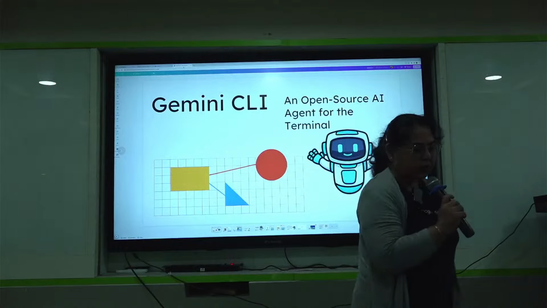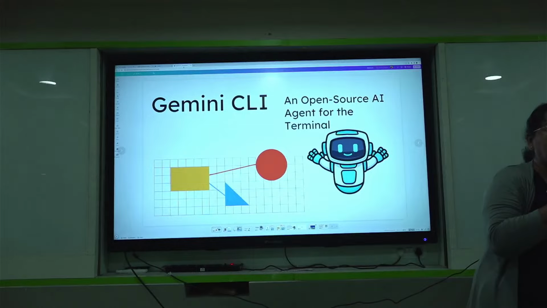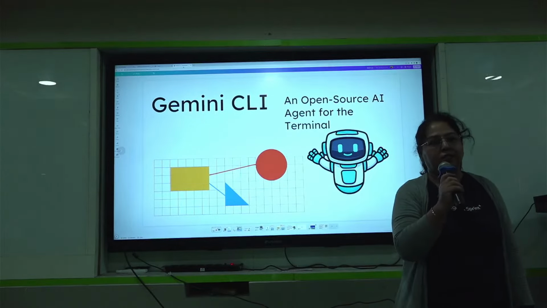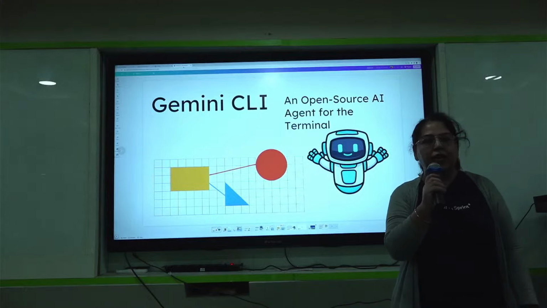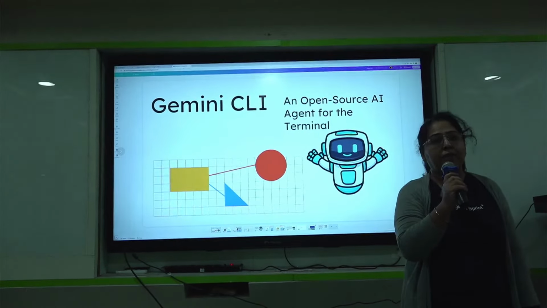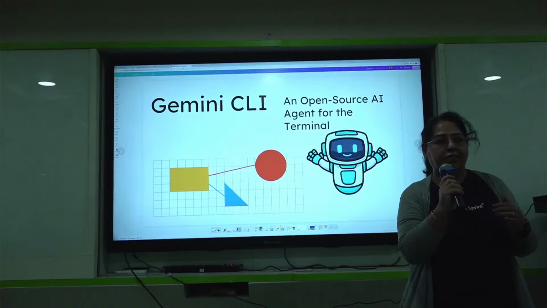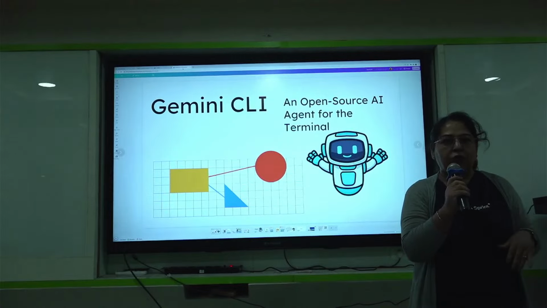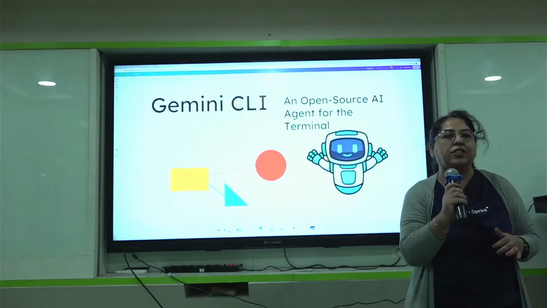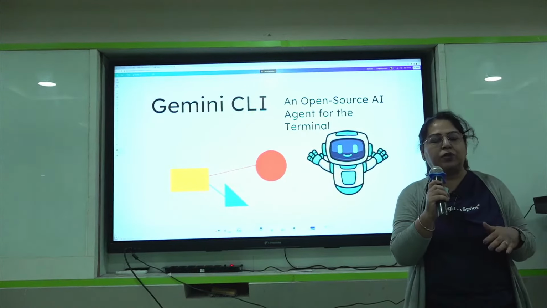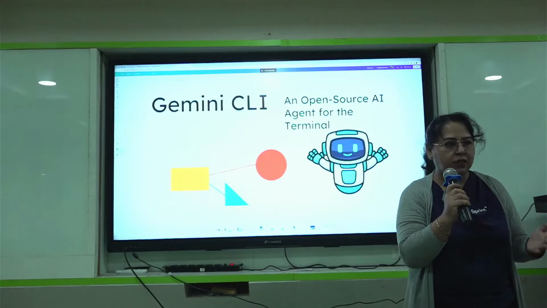So today we are going to start the Gemini CLI. This is an open source agent which can perform and act in your terminal. Before I start my session, I just want to introduce something about how an agent works, what is